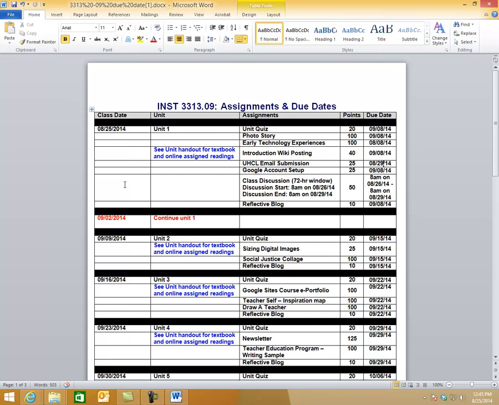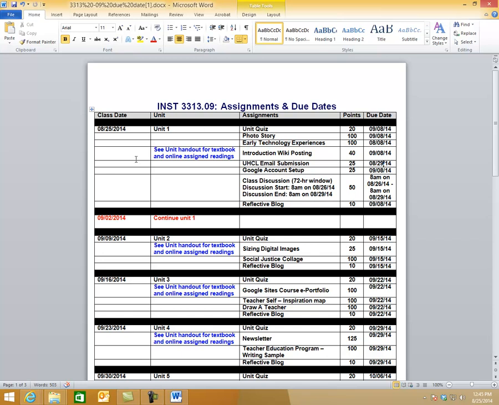Everything else, Unit 1 has a lot of stuff, so you're actually getting 2 weeks to do this. Now there's a reason that you're getting 2 weeks. Most of the time, everything will be due every week, the same day, and usually you'll have 1 week to do each unit.